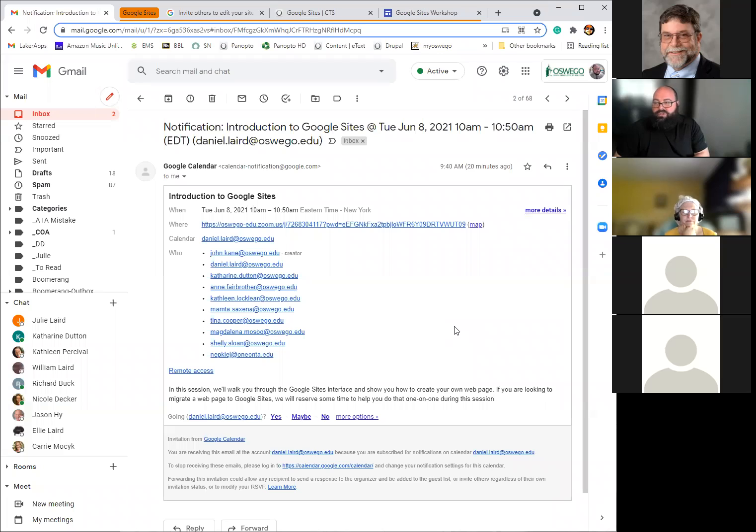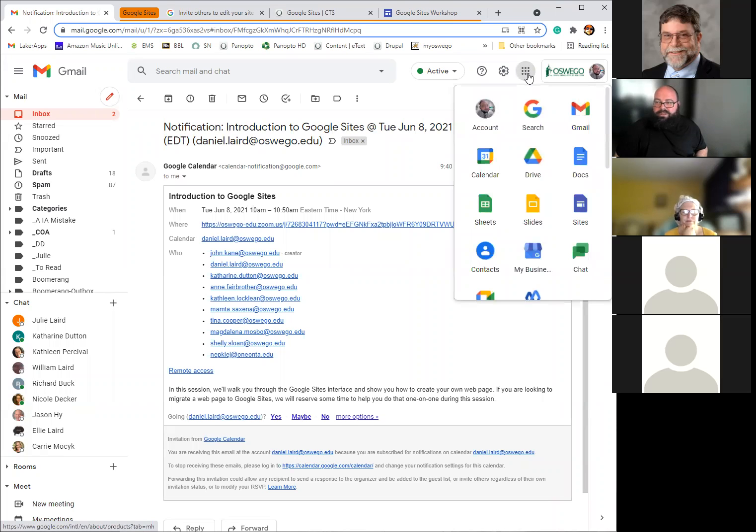So if you're in Gmail or any other Google app, up there in the corner, there's this Google app icon that is the menu for all the different apps that we have available through our campus agreement. So in here, there is a Sites icon that will bring you to Google Sites. So if you click on that,